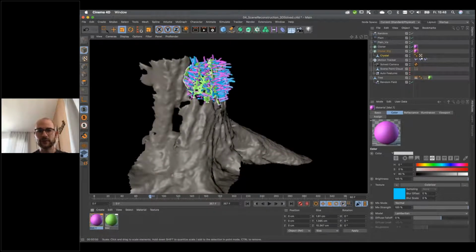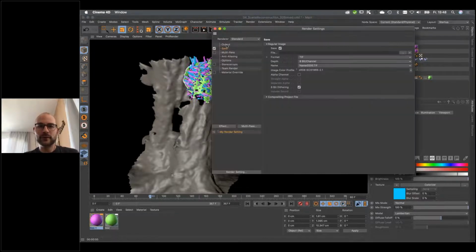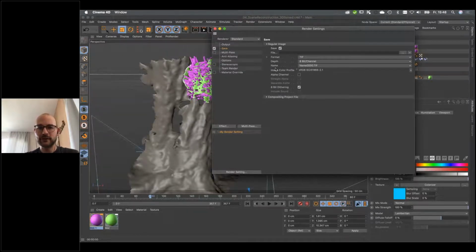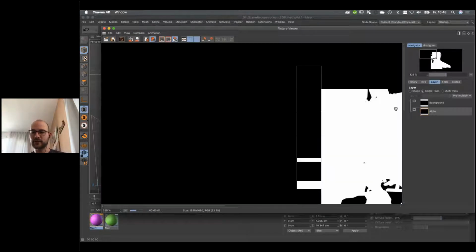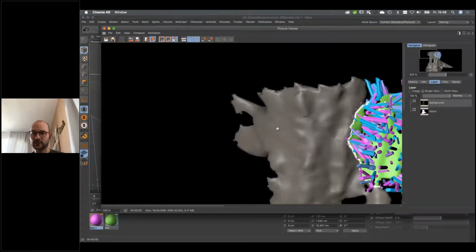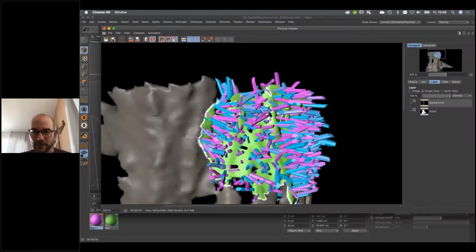And here we go. We've got random colors. If you want to render this now, here's another tip. I would always use straight alpha to render. If you don't know what straight alpha is, first of all, you can find rendering alpha here. Here's the straight alpha. And let's render one time, and you will see that it does something really strange, because